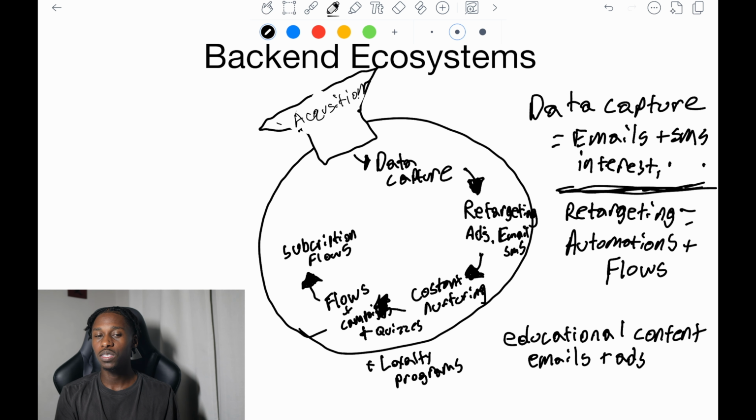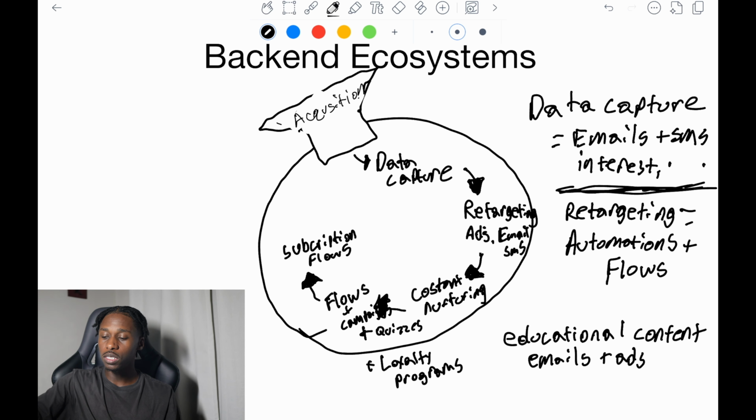Because a lot of times it takes a lot of friction for a customer to go back to your storefront, no matter where it's at, whether it's on Amazon, whether it's on your actual store on Shopify. It takes friction for them to get there. We want to reduce the amount of friction. Again, we want to make your brand like Apple UI. We want to make it as easy and accessible to use and pretty as possible. So subscriptions is just a way to supplement that, and then the flows is just how we make sure we